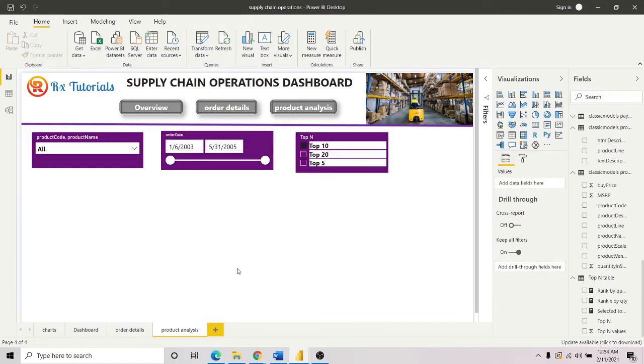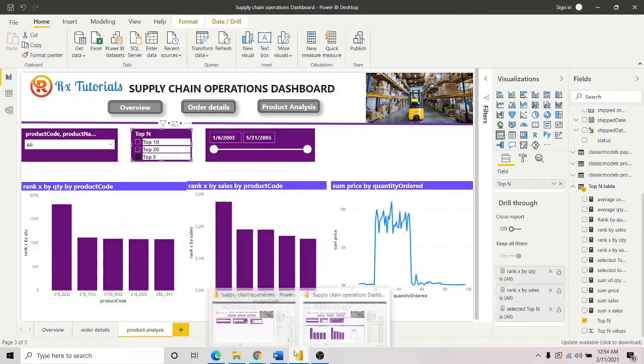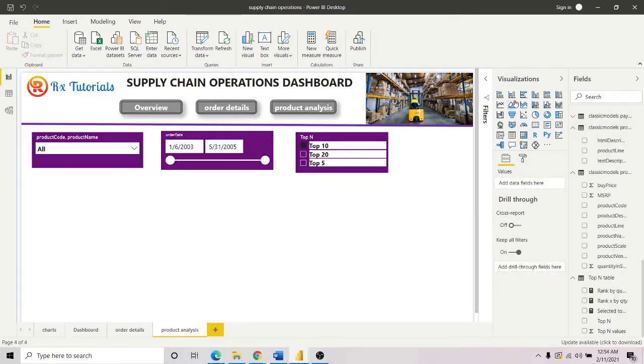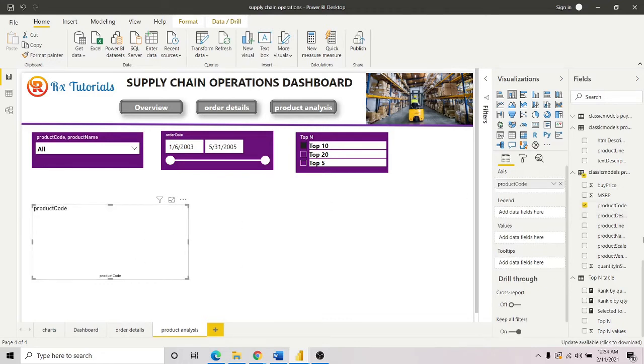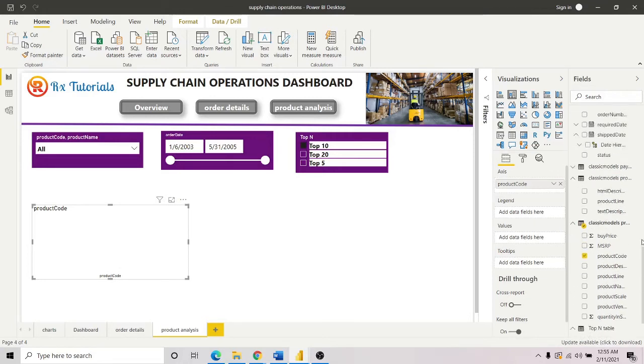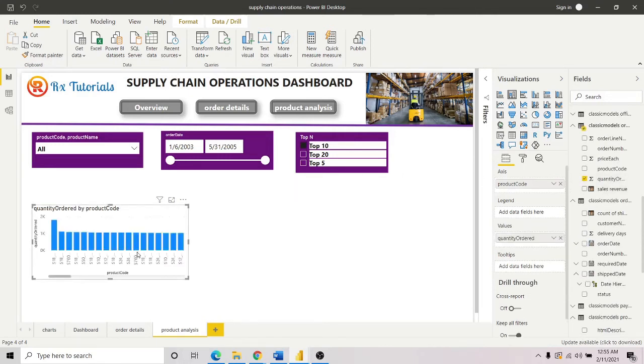And then we go to our chart. In our chart, we see that we have our product code based on the quantities ordered. So we insert a bar chart, and in this bar chart, we're going to say our product code, and our product code based on the ordered quantities. So we go to quantity ordered,